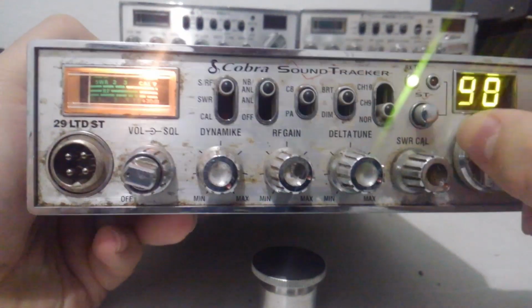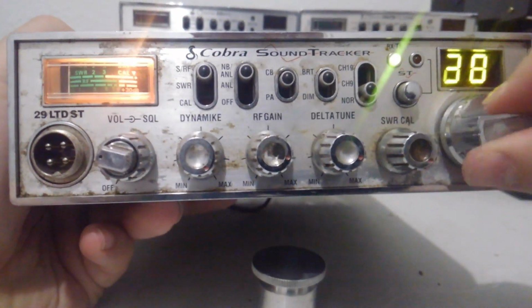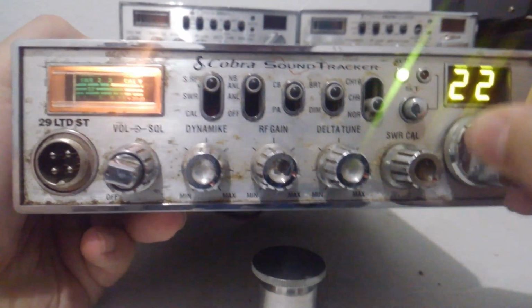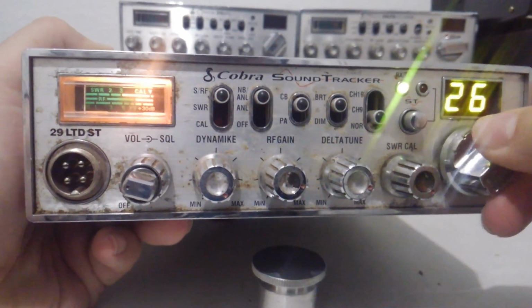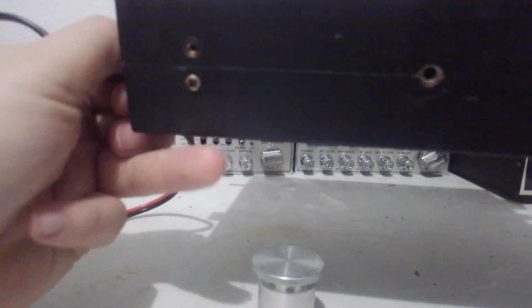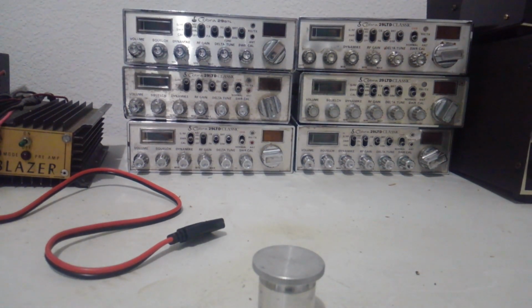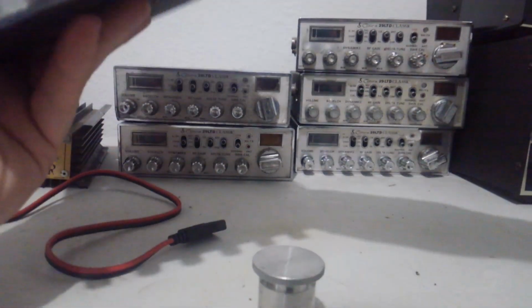To be fair, you know, I may have bought 15 or 20 radios at a time to get 5 or 10 nice ones and end up getting some rags with them. That's probably what's happened along the way, because I couldn't tell you where all these radios came from. They've come from different people over time, over several years, and they've just been sitting here. I figured it was time to move on, and